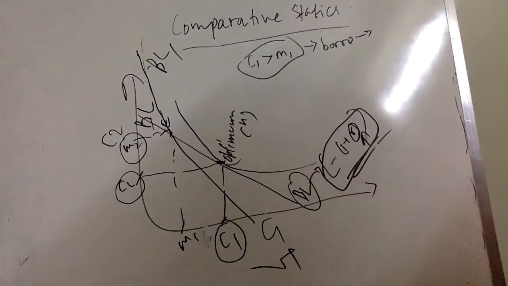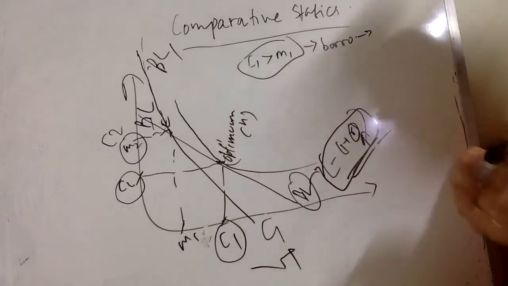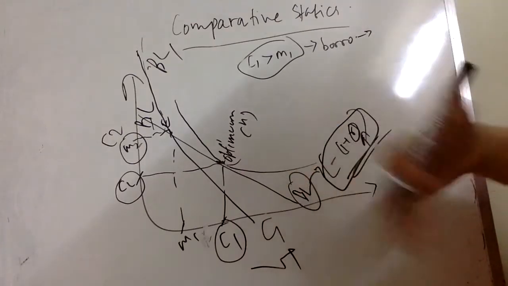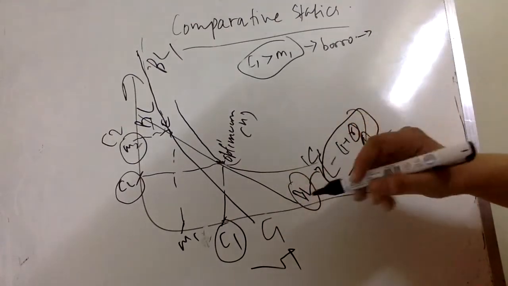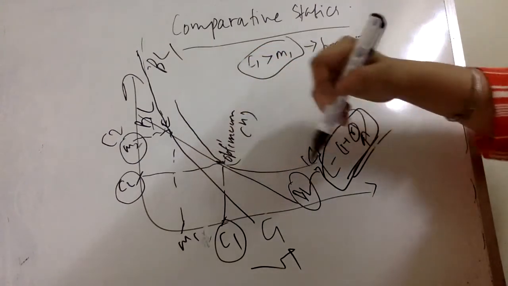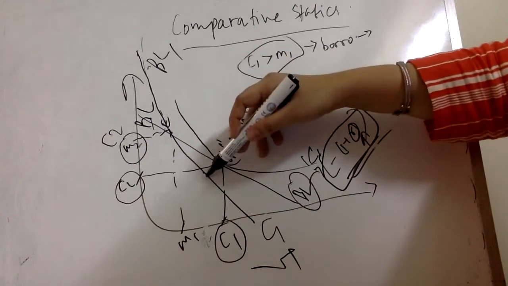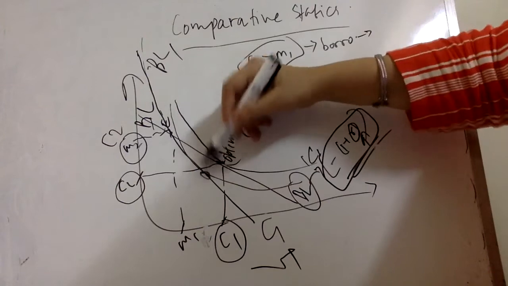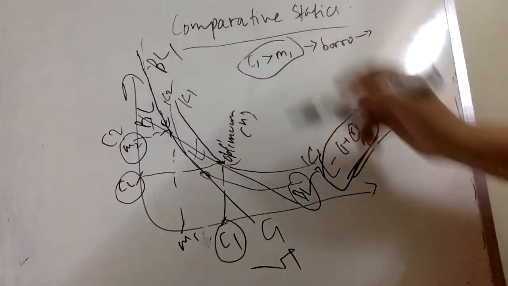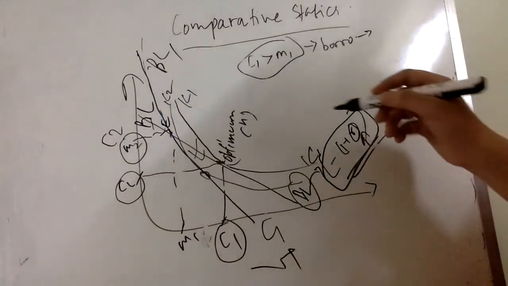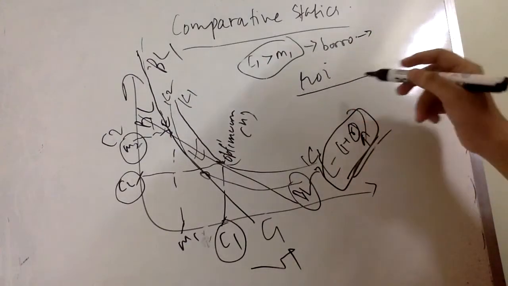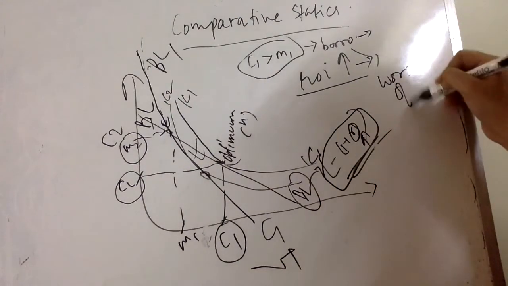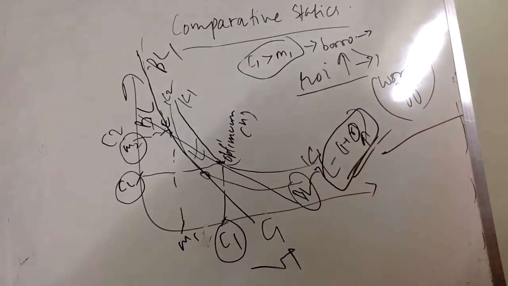Now as a result of which, just think how will my optimum point change. Initially I was a borrower and I choose to remain a borrower and the rate of interest has increased, think will I be better off or worse off? My point when I remain a borrower will be to the right of my endowment point. Here consumption is more than my income. So my IC will be somewhere here. So definitely I am worse off in terms of my utility given the rate of interest has increased. So as a borrower I am worse off if I choose to remain a borrower.